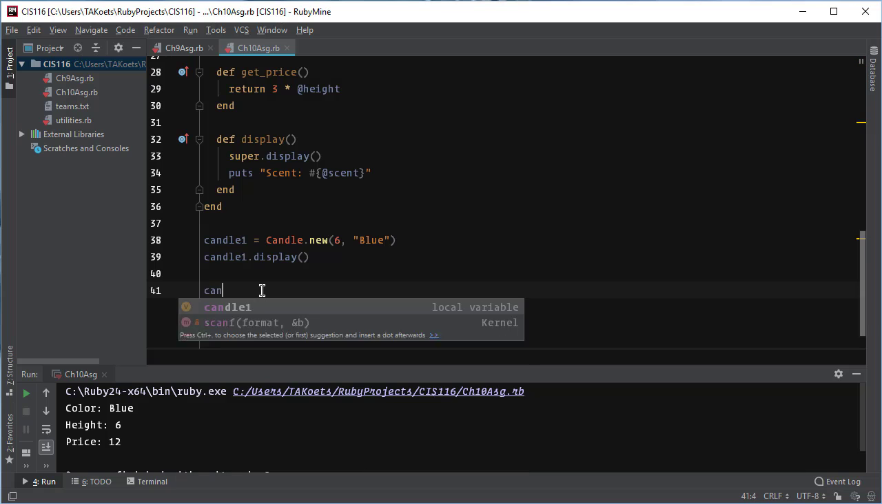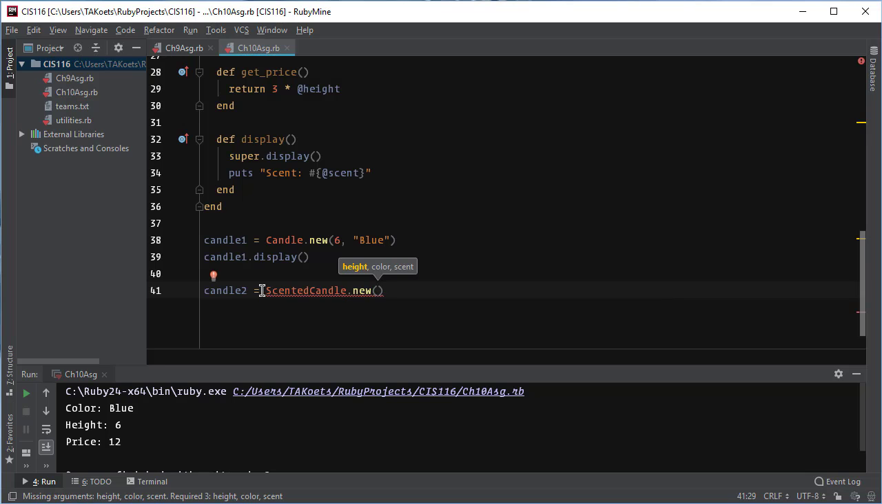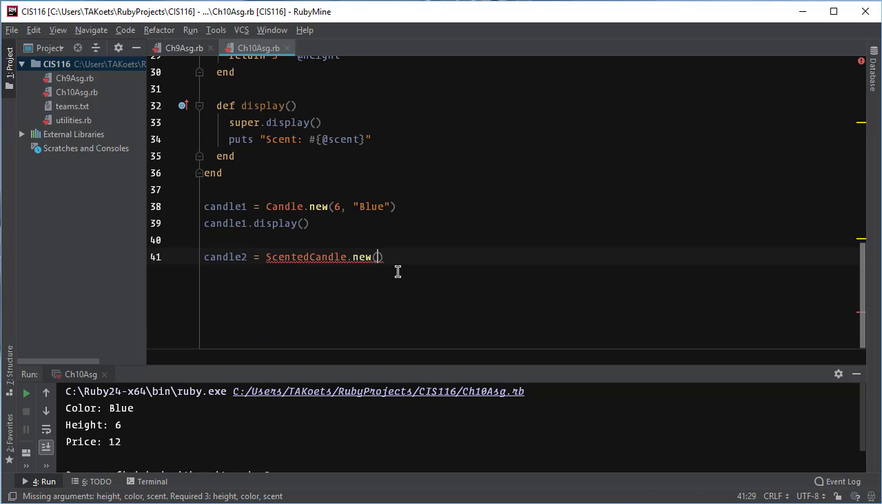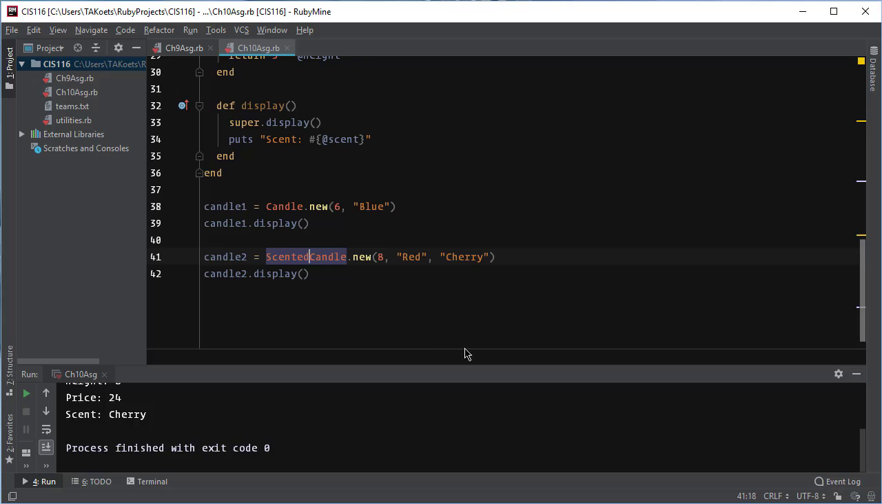So to test it, I have a scented candle, and we need a height. Let's go 8. The color red, and I don't know, cherry, something like that. And then I can say candle 2 dot display, and when I run it, I get the